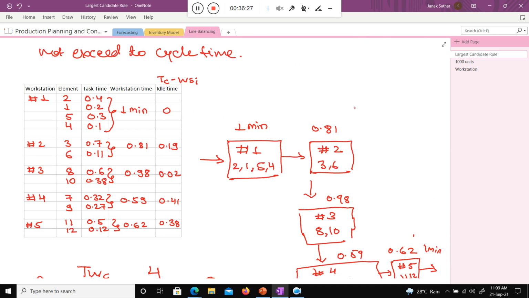The formula, I write again: smoothness index is the square root of the summation of (TC minus TSI) whole square. Tell me what will be the value.